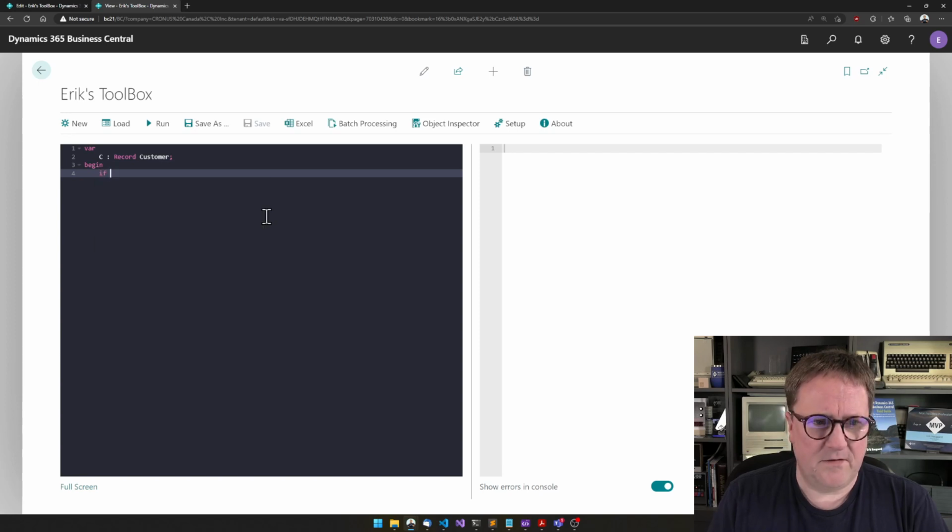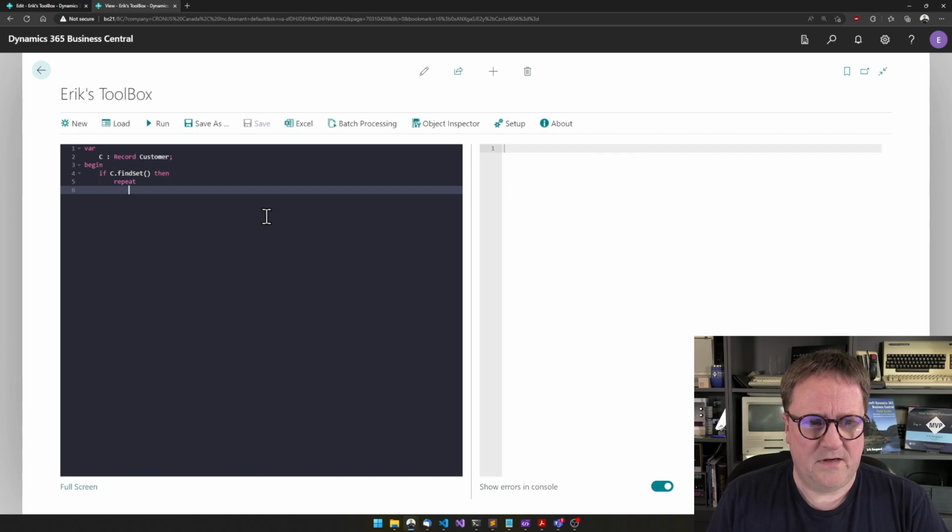We'll do an if c.find set, then repeat message, and message works slightly different in the toolbox than it does in real AL, because it will output on the right side, unless you untick this one, then it will just do as message